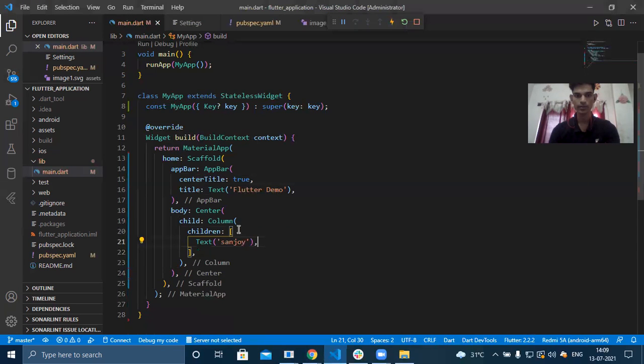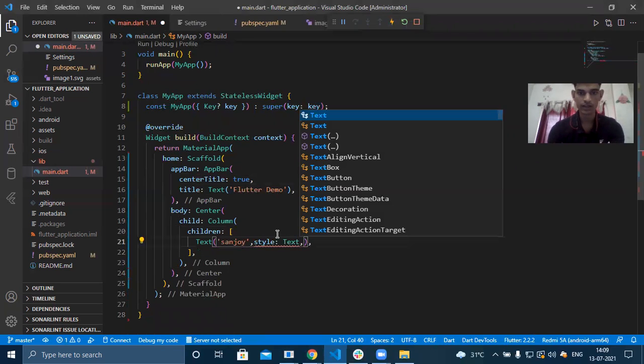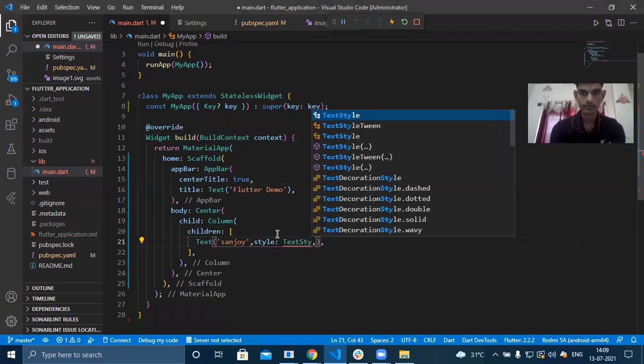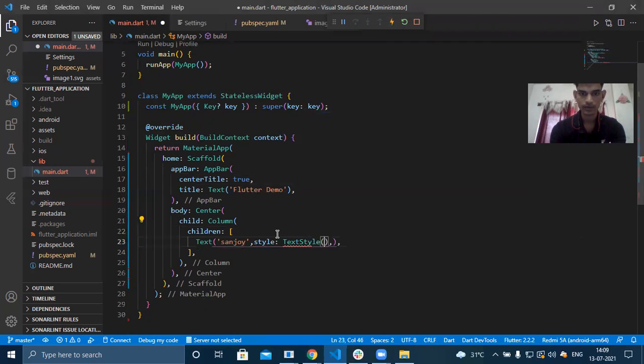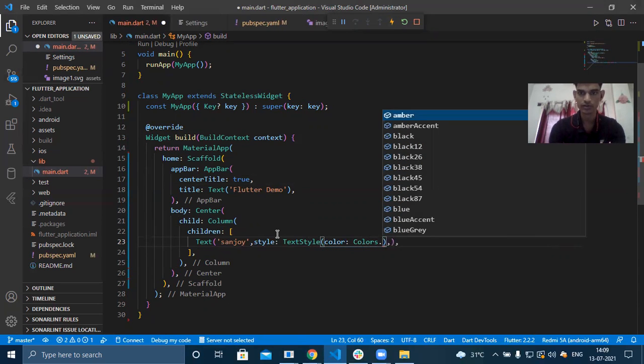So I'm going to show you what the text attributes are and what you can do with the text. Inside the text, there is one more attribute called style. Take text style. So inside this text style, you can specify the color, like Colors dot whatever color you want, you can choose here.